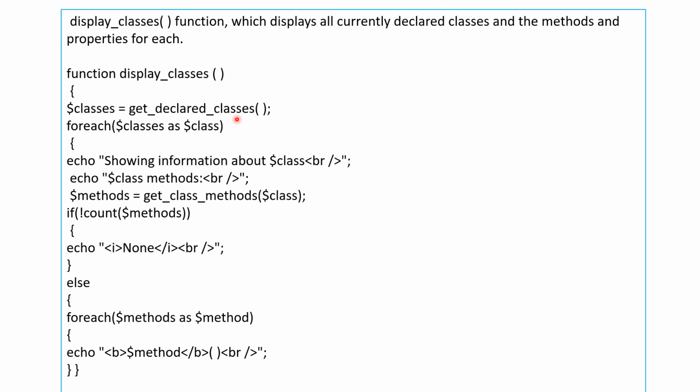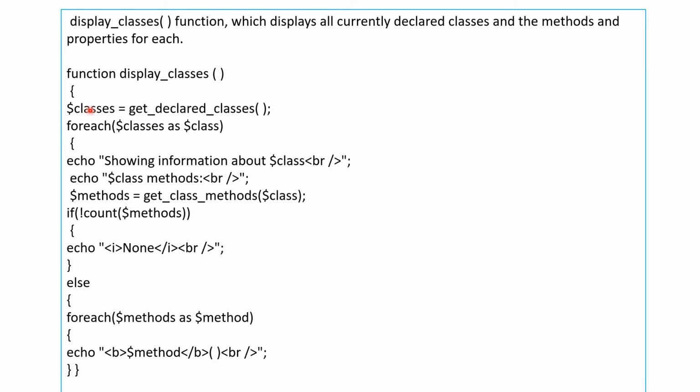Then all returned classes are stored in this variable, and then we can apply the foreach construct. This is an associative array, and to iterate over an associative array we can use the foreach construct, and then here we can show the information about the class.